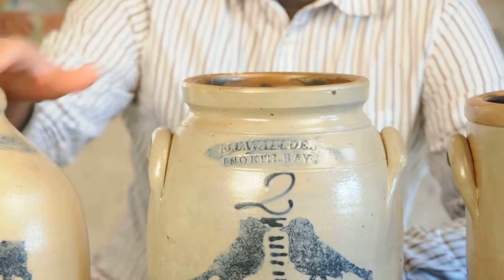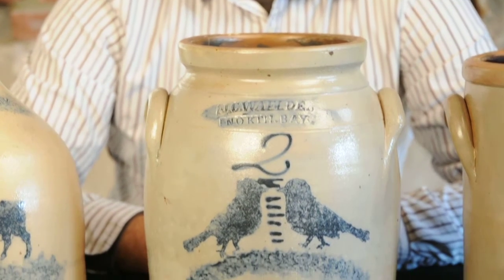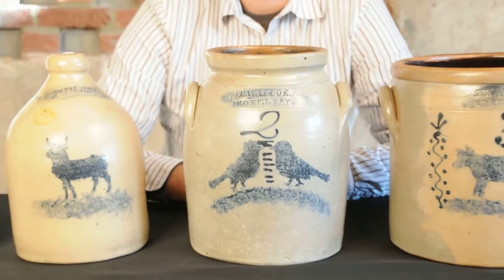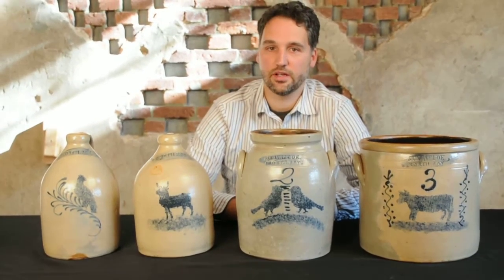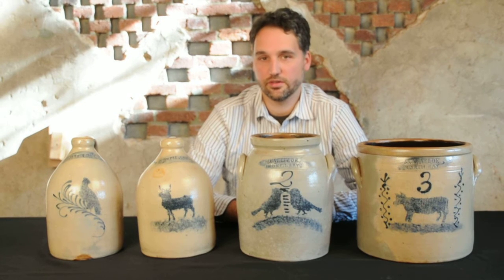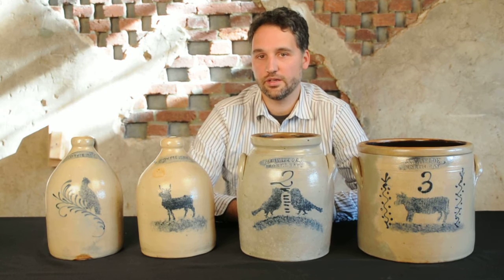So while some northeastern U.S. stoneware potters were stenciling their work, most are known for freehand or slip trail designs. They were not using stencils. Stenciling is typically associated with southwestern Pennsylvania stoneware in particular. But what Welde did was